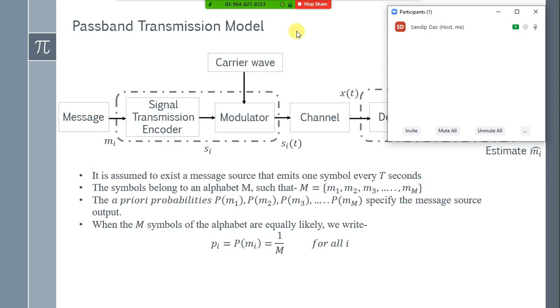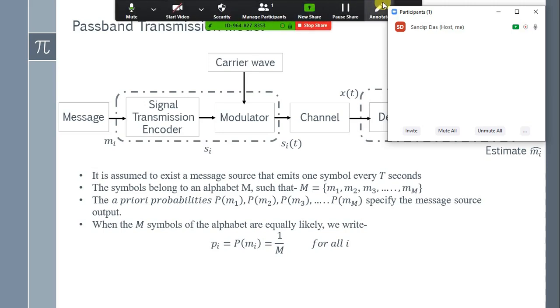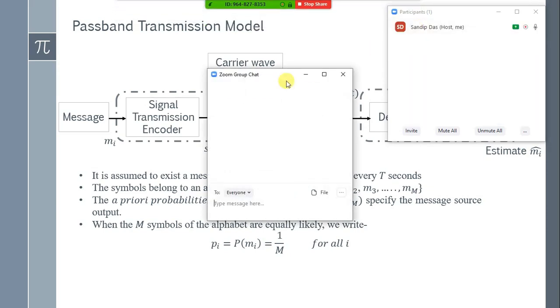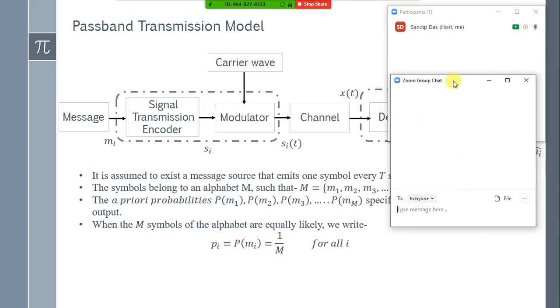Now if any student has any question, they can ask you directly via audio. So the interaction through this Zoom app is very good, and you can simply interact with the students through audio, and if you keep the students' video on, then you can also see the video of the students. Similarly, if the students want to chat, they can write anything in the chat box. They can send it to you privately or publicly also.